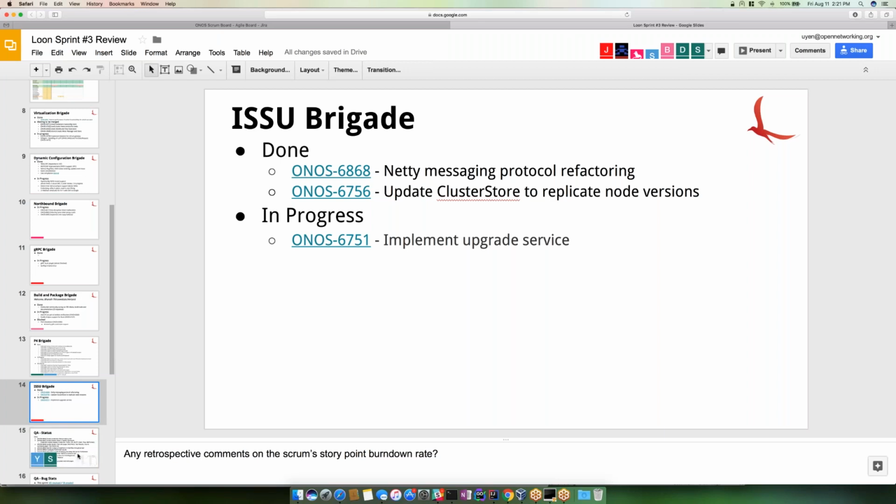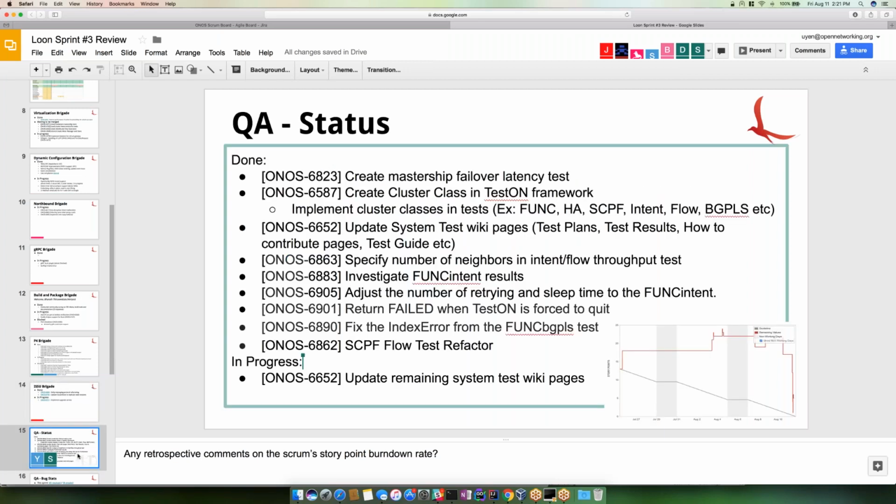Okay, thanks, Jordan. QA? For QA, what we have done is we created mastership failover latency task, and we created a cluster class in test-down framework and implemented in all the test cases. And we also updated some of the system test wiki pages, including test plans, results, how to contribute, and test guide. Those are the bigger changes we made in the sprint,